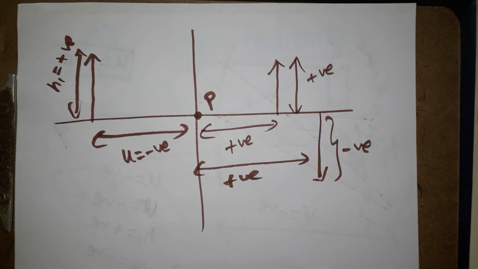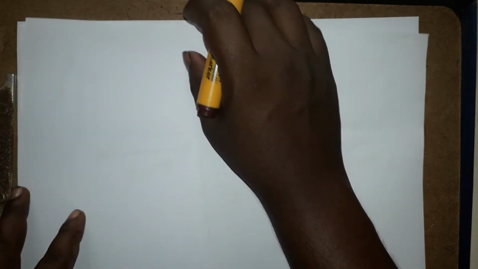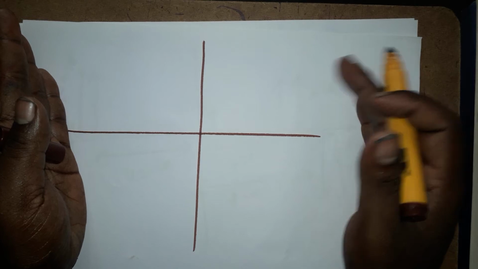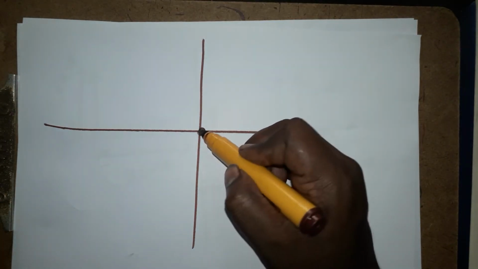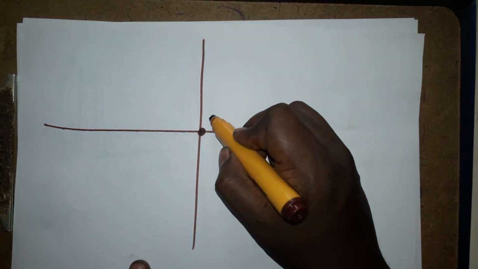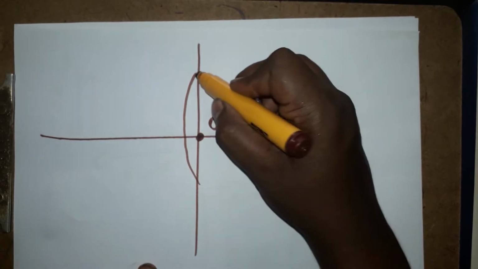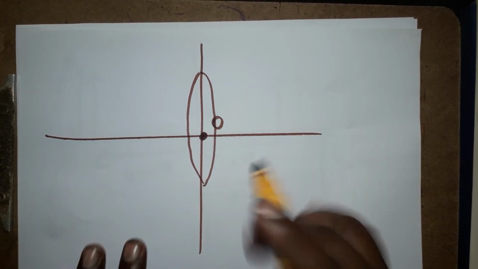Like that, you have to modify your sign convention depending on where you are placing things. Now I'll do another one; the next one I will just review. Left side is negative, right side is positive, above is positive, below is negative. From this point, in case we take a lens, the optical center will be there. For example, I take a convex lens; I will do all the lenses and mirrors.